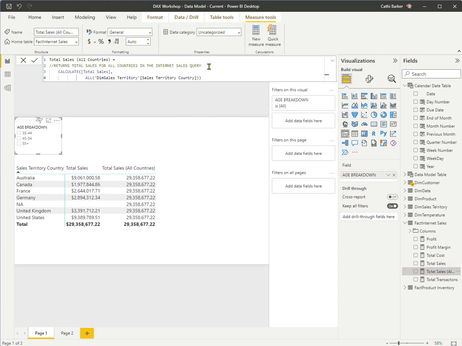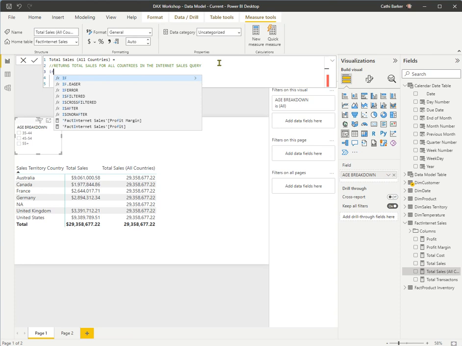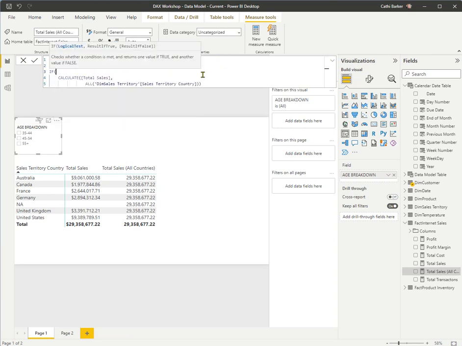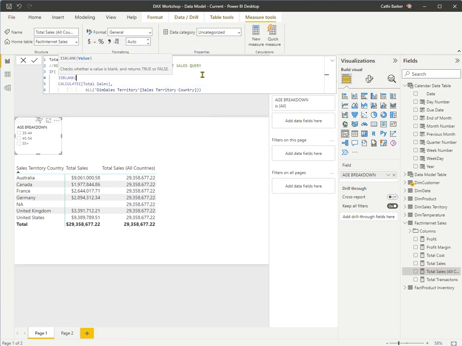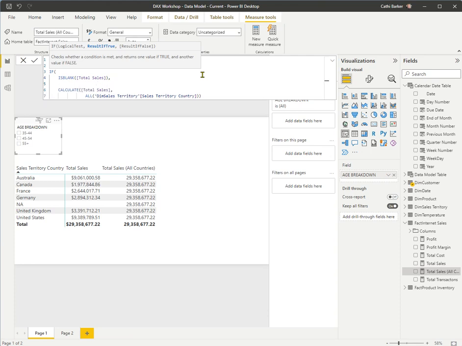And the modification I want to make at the end of the document is to press Shift Enter and to add an IF function. So I'm going to put an IF, which puts an open bracket. On the next line, Shift Enter, I want to say ISBLANK, and then I need to say what value I am checking if it is blank, and it'll return a true or false. So I'm checking if the measure, total sales, actually I won't put an apostrophe, I'll put a square bracket. If the measure [Total Sales], close round bracket, comma, is blank, then I want to see, Shift Enter, the BLANK function,